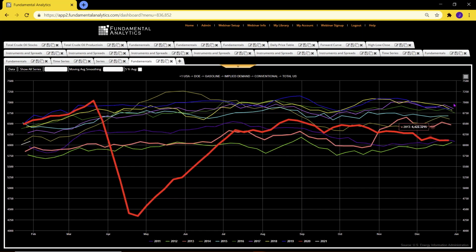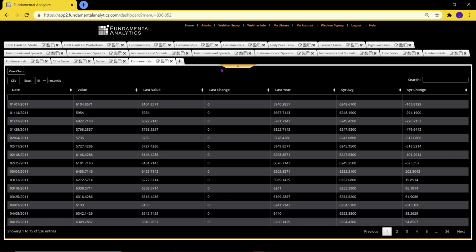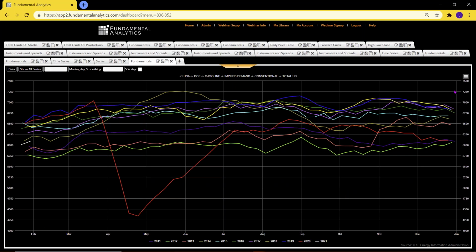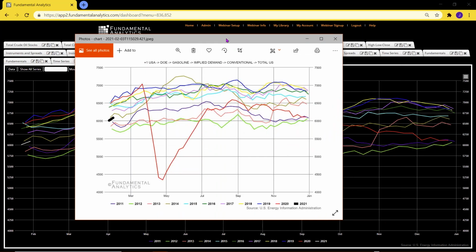I should have noted earlier that all of these charts, besides having the data available that's behind the chart, you also have the opportunity to create hard copies of anything that you're looking at. So if I click on this and pick the JPEG image, it will generate a chart looking like that, which we call a presentation quality chart. You might want to do a little editing of it, but otherwise it's well set up for adding. This is a JPEG, so you could include this into a document.